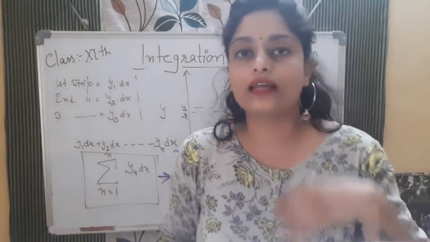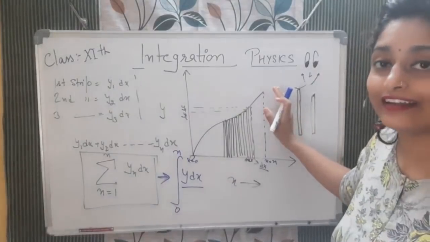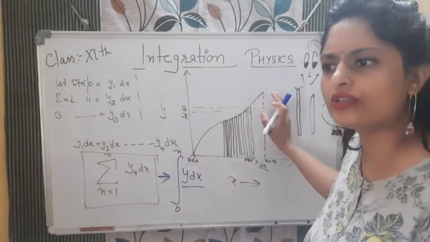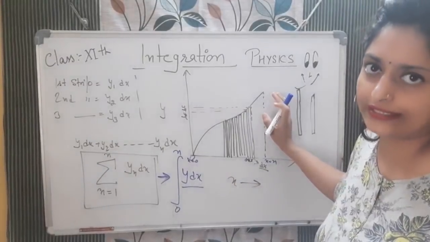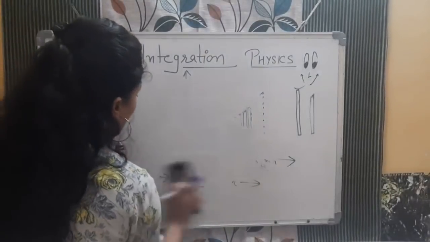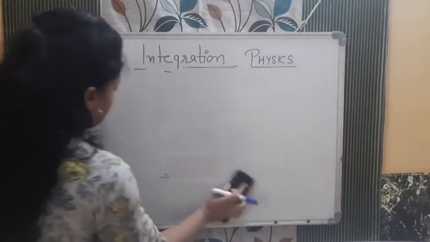So you can change this thing into this thing when you want to calculate the exact area. To calculate the exact area under any kind of curve, you can use integration, because if it was straight, it would have an exact shape, and simply you can use a mathematical formula to calculate the area. But here the shape is not exact, it can be like this in any way. So how will you solve it? In that case, you need to solve it like this.